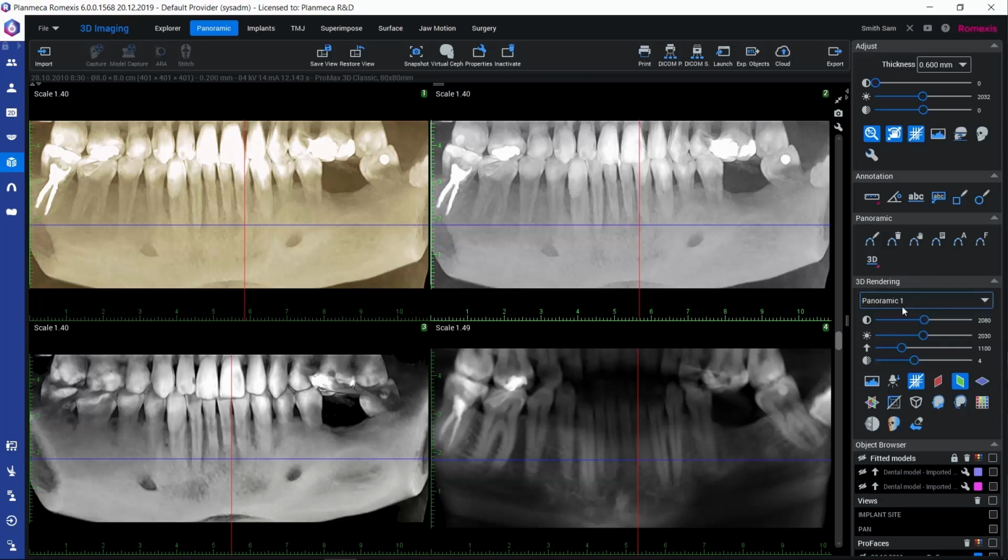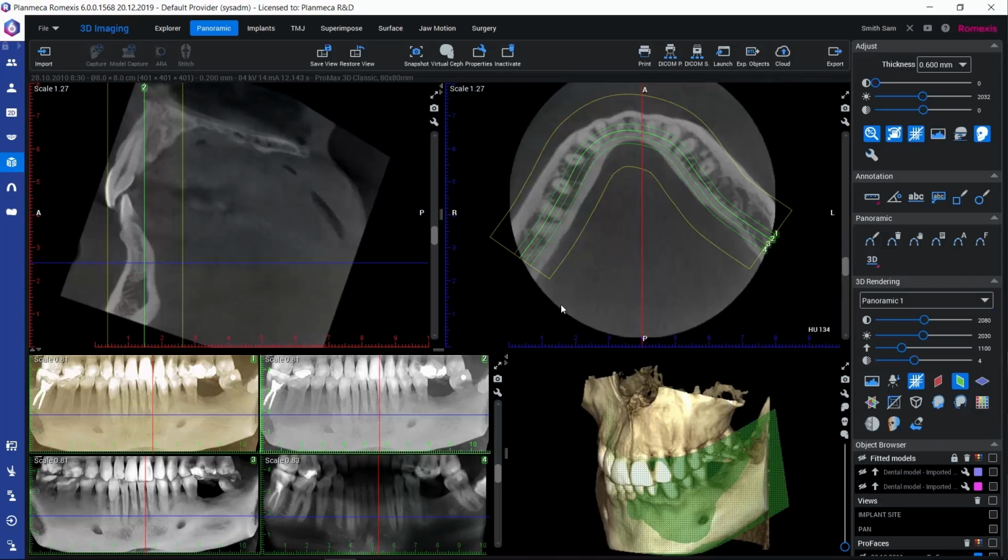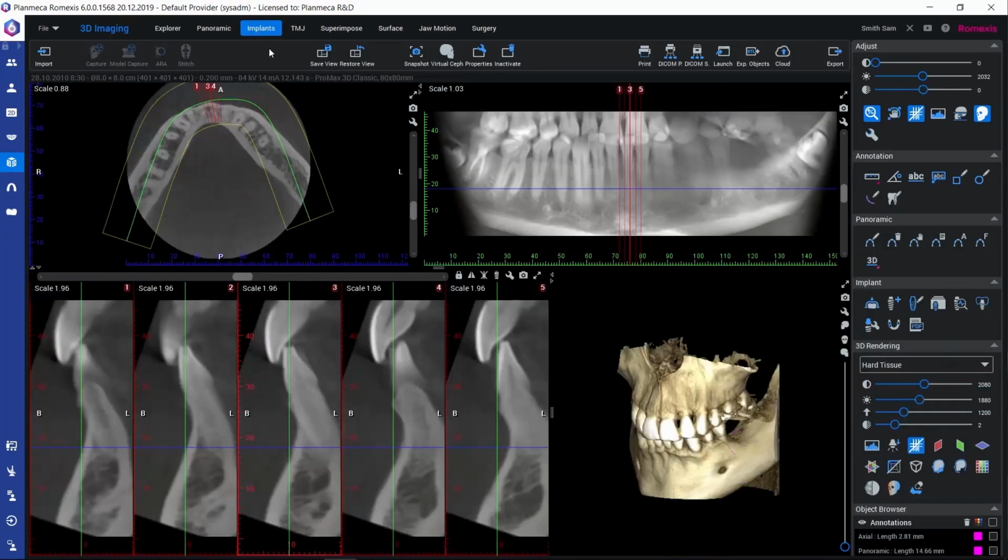So now, for example, panoramic 1, like we see here, and then we could use these adjustments in order to adjust the rendering still. So this way we can generate several overviews of the patient's teeth and examine them. And these panoramic tools we can also find in the next submodule, which would be called implants or cross sections, depending on your license. So you can also see the tools here